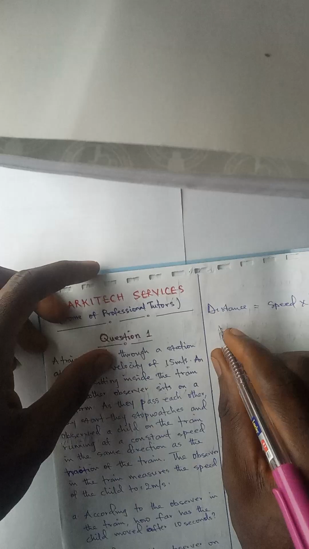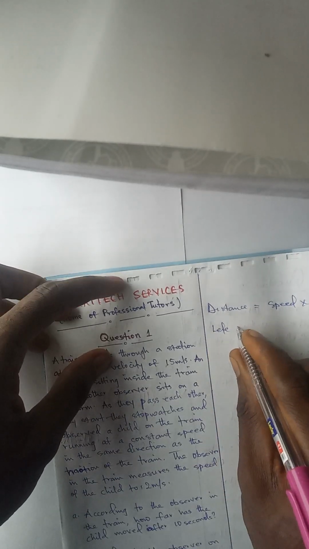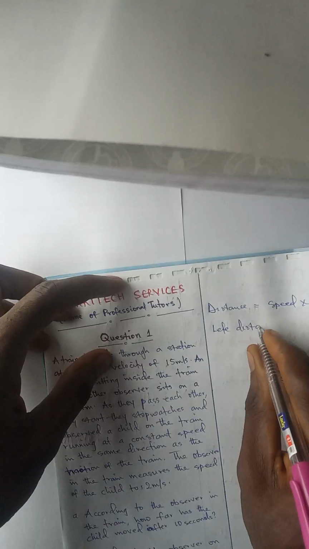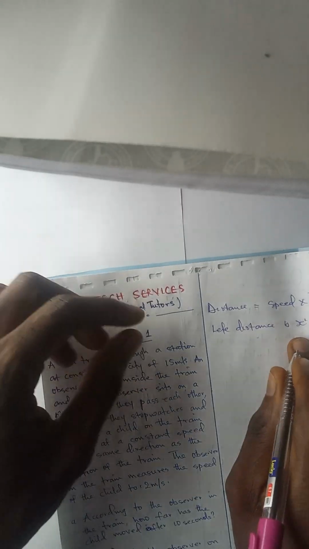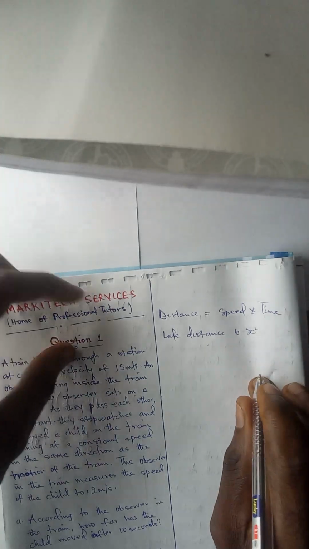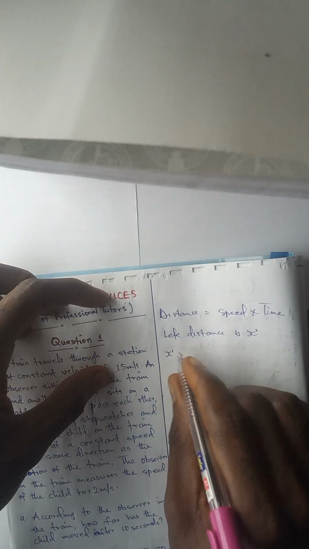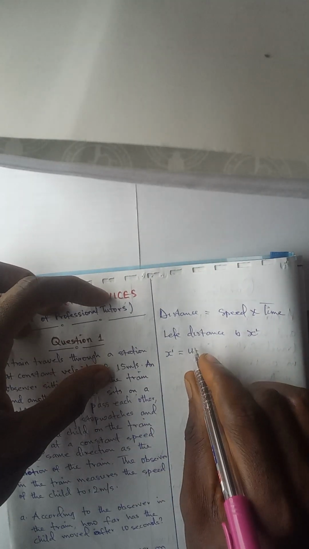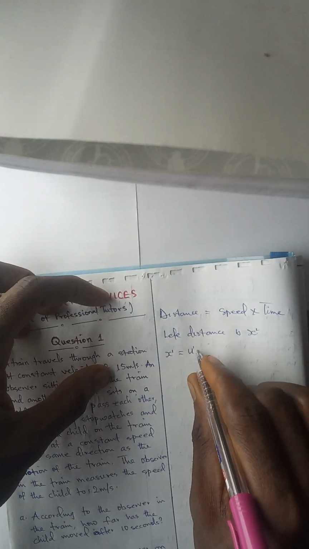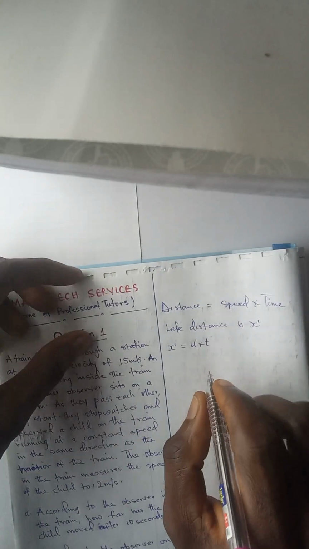So we can now say that let the distance be x prime. Yes, x prime. Therefore x prime equals our speed, which we can say is u prime, times our time, which is t, right? So substitutionally